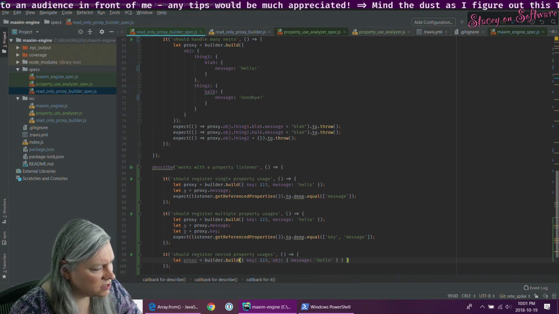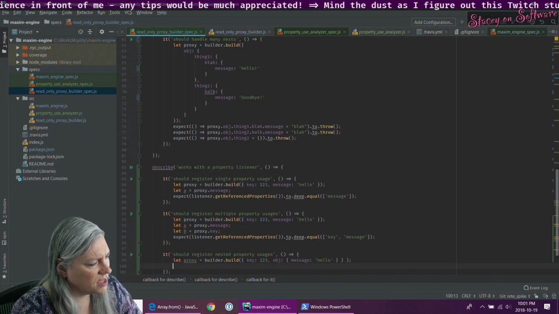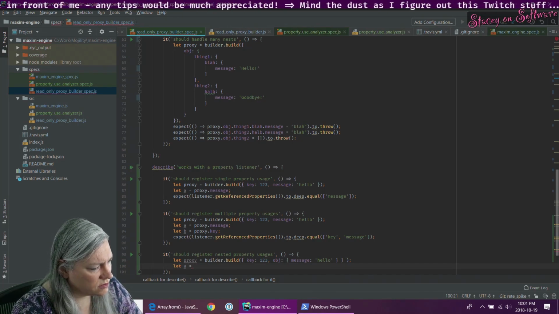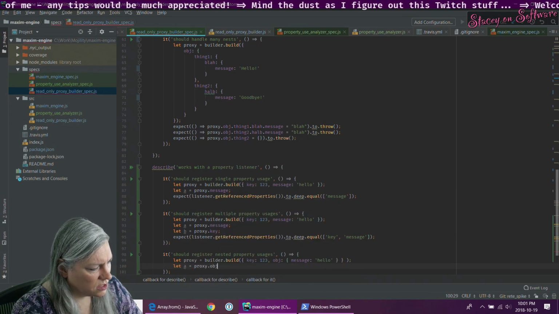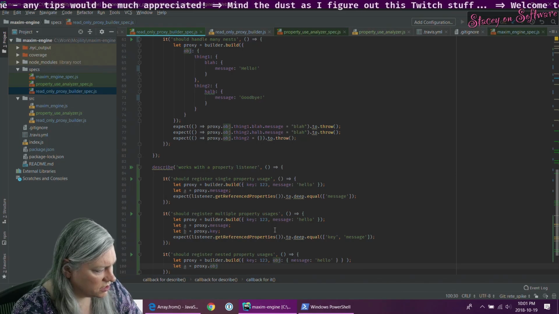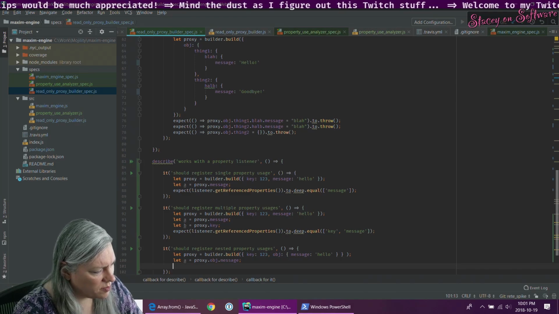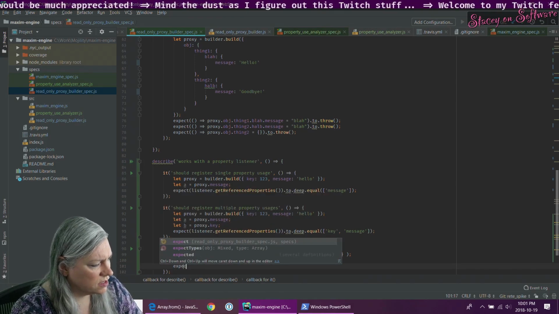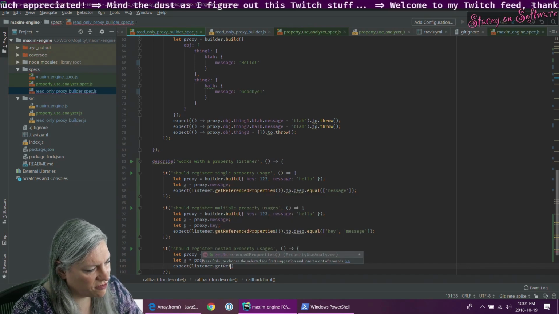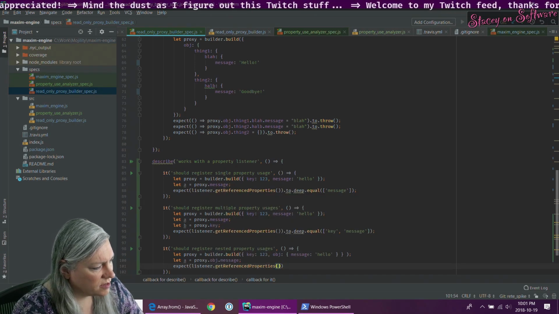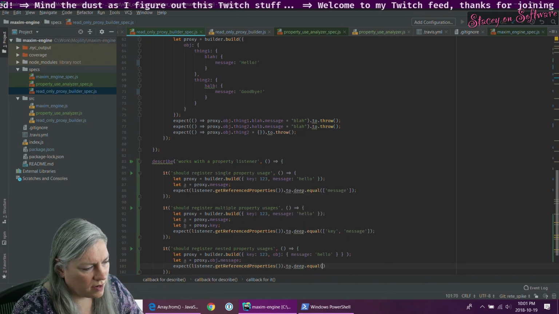So a nested object situation here, and I'm going to want to say let A equal to proxy dot obj dot message, and then I'm going to want to make sure, oh now this becomes interesting, get reference properties to deep equal what?